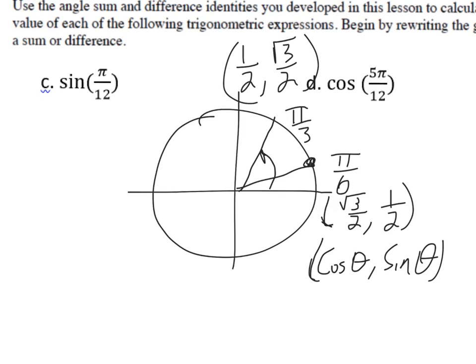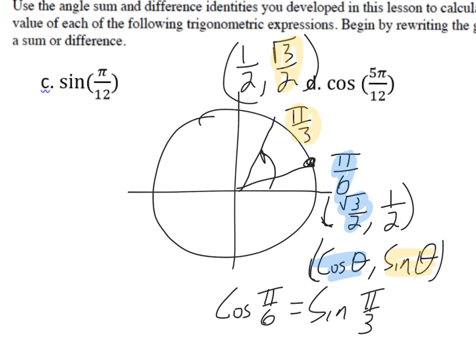So we also know then that the cosine of pi over 6 is square root 3 over 2, and the sine of pi over 3 is square root 3 over 2. So we know that the cosine of pi over 6 is the same as the sine of pi over 3,